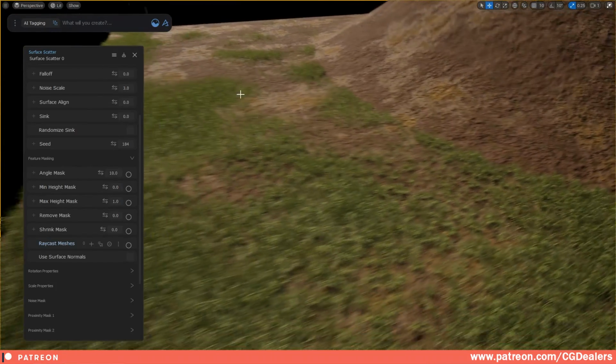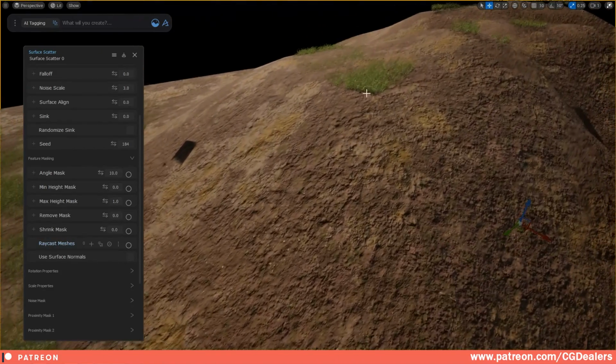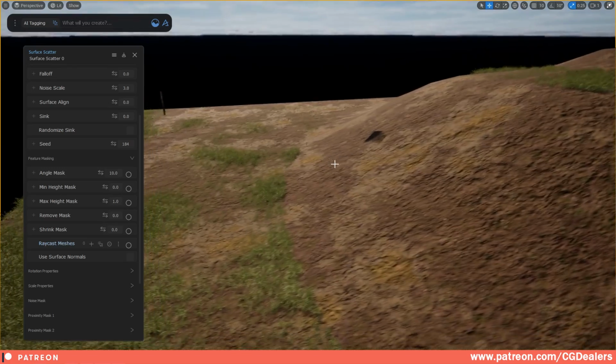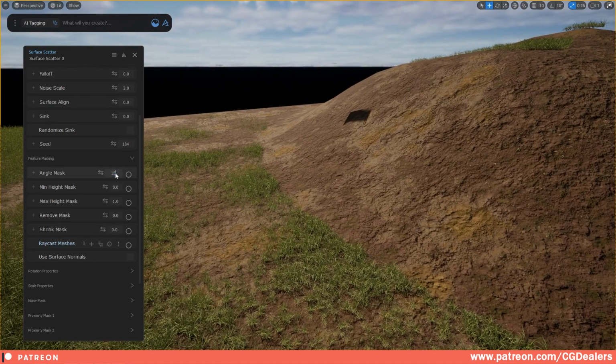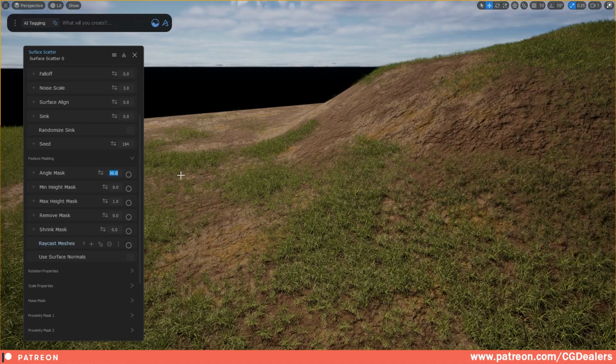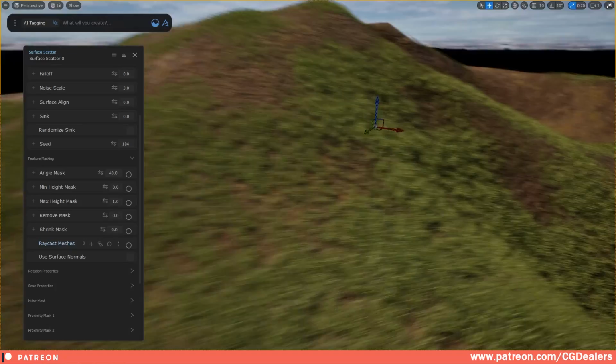As you can see here, we have grass all the way up here. And here we have another grass spawning because the angle is below 10. If we start tweaking this up, let's say 15, we start adding objects over here onto the angle, 20, 30, 40. So this is how you can scatter different objects based on an angle onto your terrain or onto your